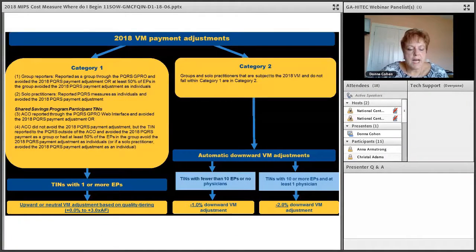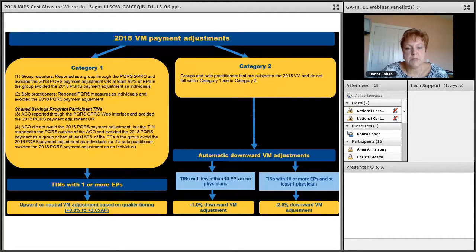So this is a very busy slide, but basically what I want to point out here is there are two categories under the Value Modifier Payment Adjustment, and that's Category 1 and Category 2. Category 1 is basically those TINs that will not have a negative adjustment. They successfully reported PQRS data, and they will either have an upward or a neutral adjustment, and this upward adjustment can be up to times 3